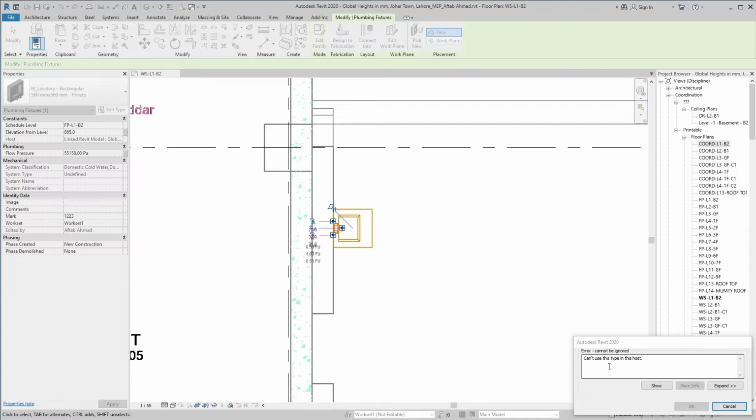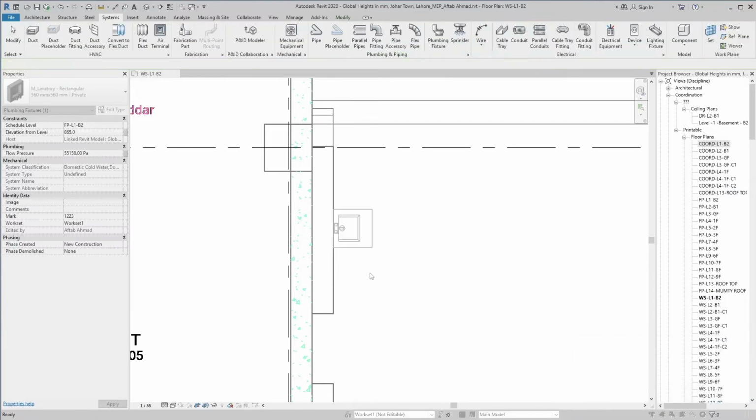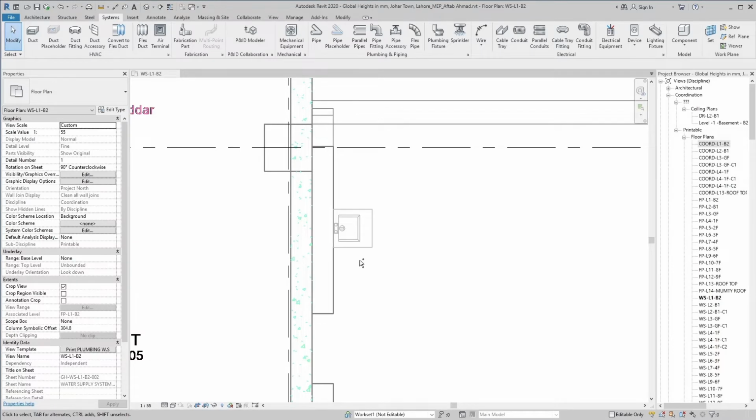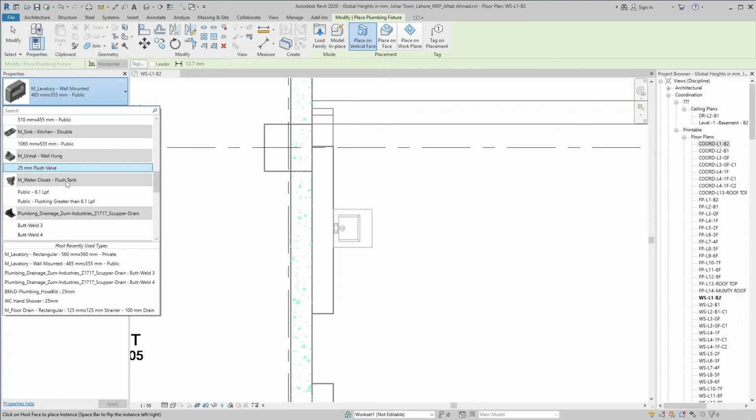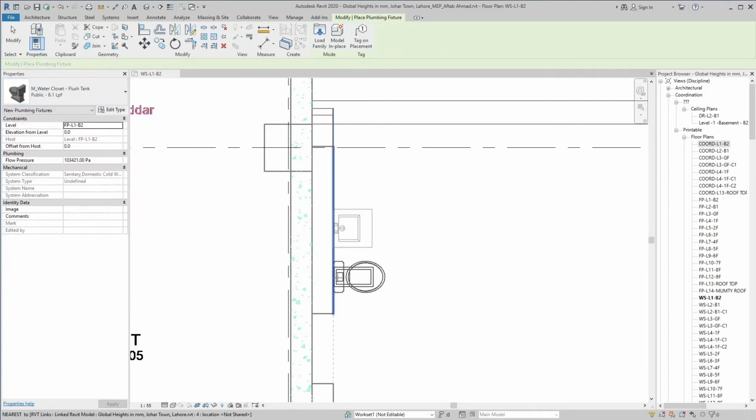The categories of these two families are the same, but their hosts are different. To do this, you have to select the family first from the type selector before placing it. Let's select the water closet first from the type selector and place this family in the project.